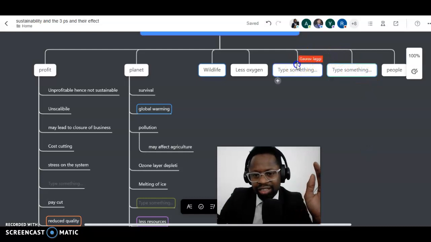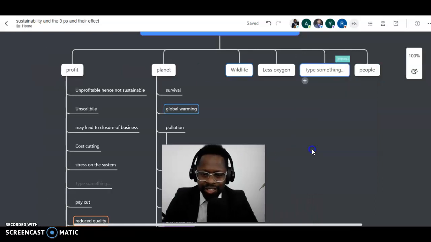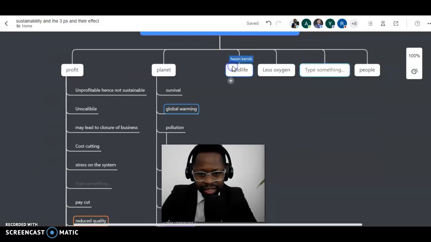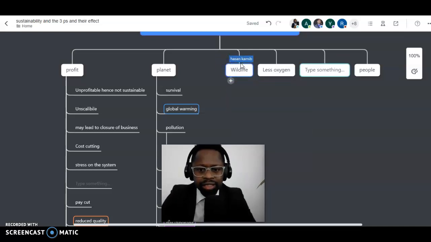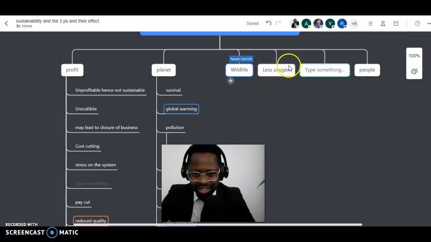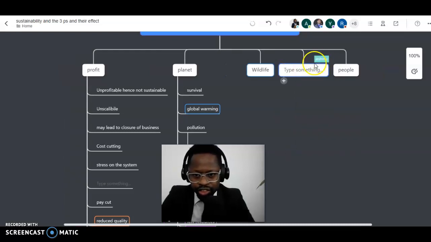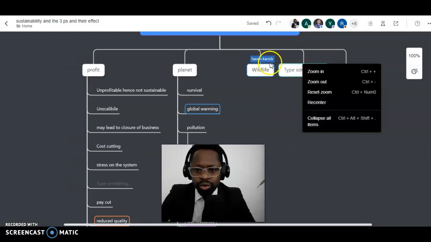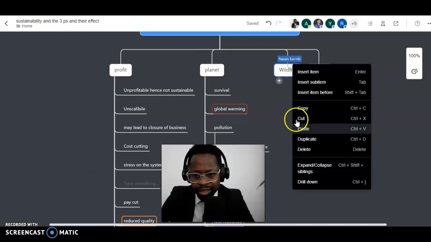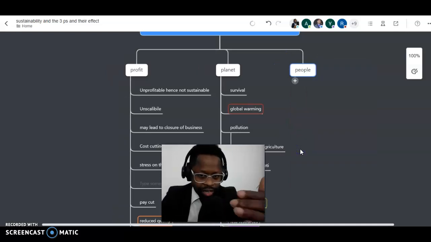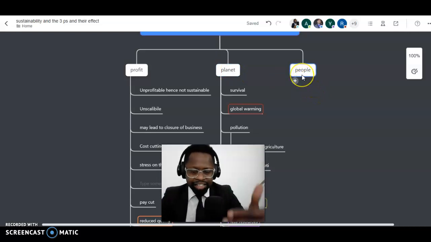Let me just delete these things. Hold on. I'll show you guys. Wildlife can't be there, right? Remember, we're building a mind map, right? So you have to delete this. Let me delete this. Okay, I'll show you. Don't worry. This has to go. Wildlife, delete. Right. So you have to click planet or click profit or click people, and you design the